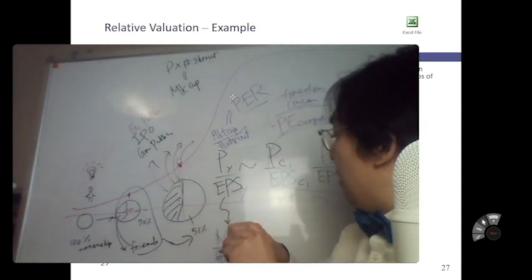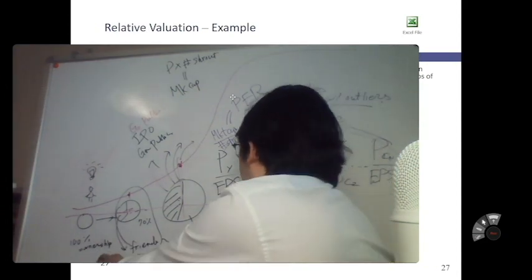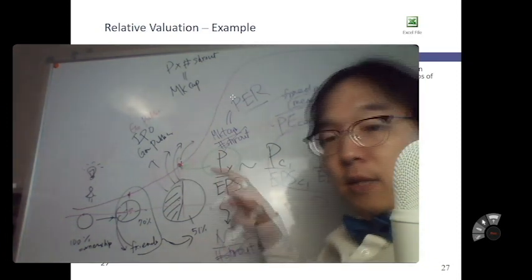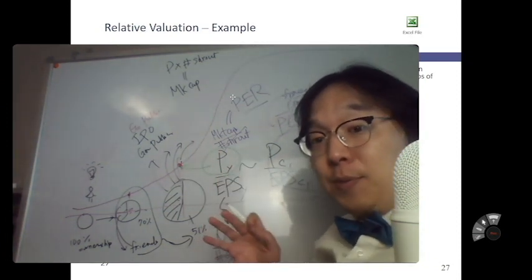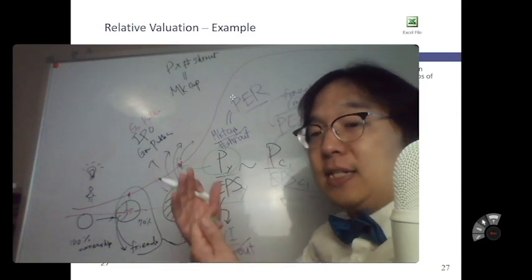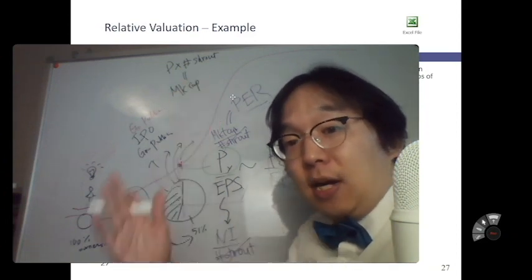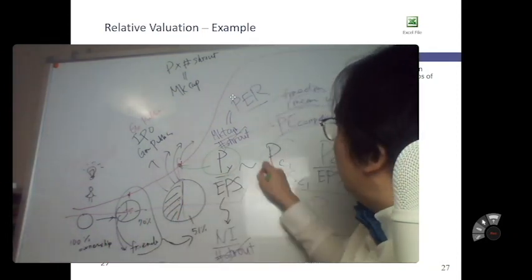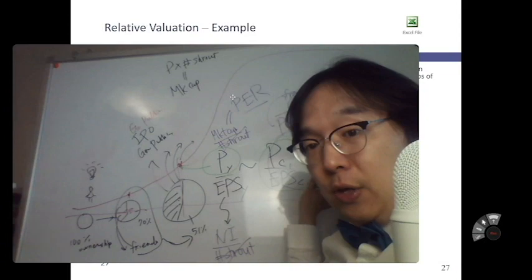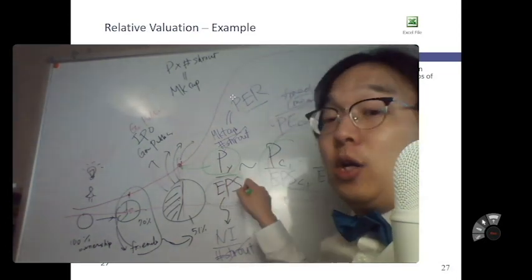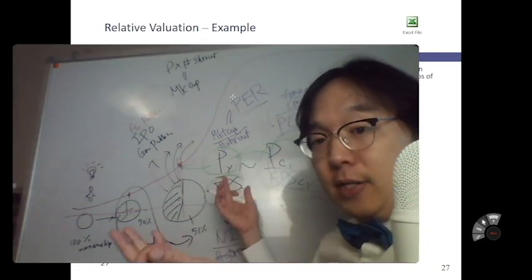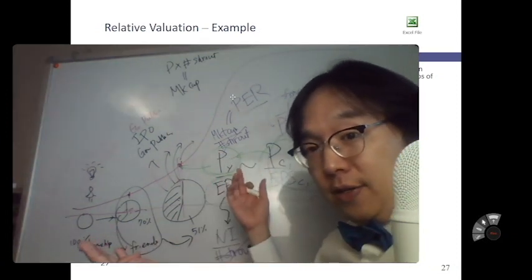Remember, at this point, the fair price is not observable. Your company is still yet to be launched in the stock market. But how can we estimate this fair value? Using the industry representative PE ratio, and then multiplying your company's EPS, so that you can come up with the fair value of your price per share. That's what's going on in this table.